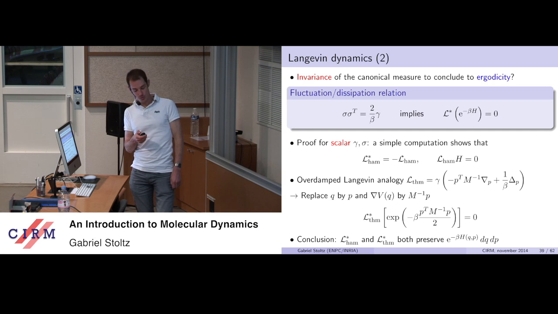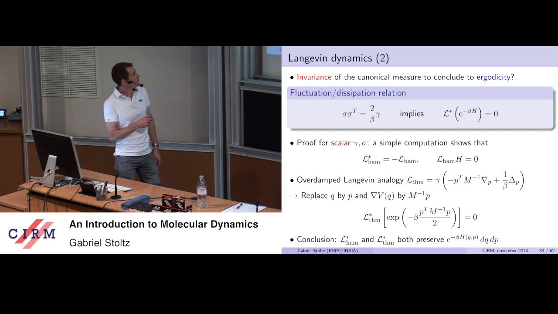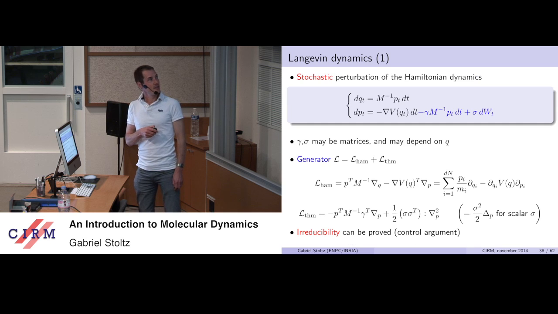That's the first thing. The other thing is to make sure that exponential minus beta H is an invariant measure for this stochastic differential equation. And so this asks for finding the correct sigma for which this is the case. So the way you do that is you write down the generator of the dynamics, which we've done in the previous slide, and compute its adjoint. In fact, here there is a nice structure in this equation which tells you that the Hamiltonian operator is anti-self-adjoint, is anti-symmetric at least. This is because if you take the adjoint here, there is no p dependence here, so you simply change the signs of those first-order differential operators.